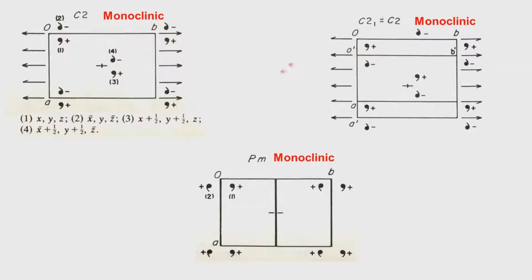This therefore will generate another two-fold axis at 1 unit translation. It will also generate a two-fold axis at half point, which now relates these two. So, if you now consider this unit cell, the O prime A prime, O prime B prime unit cell, let me mark that with the laser pointer, this unit cell, then you see there are again 1, 2, 3, 4 equivalent points in that unit cell.